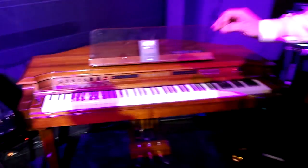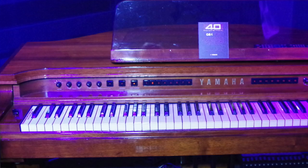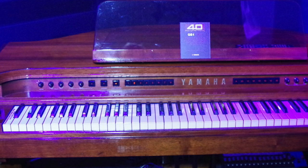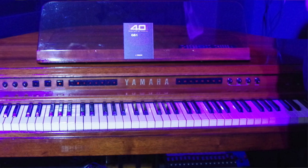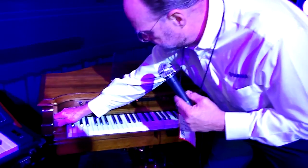Next, we come to the digital synthesizer section. The first representation of the digital synthesizer is the GS1 from 1981, the first FM instrument commercially available. It was an 8-operator configuration, 4 pairs of modulator and carrier operators. It also has polyphonic aftertouch and a magnetic card reader with these little magnetic strips that put the voices in it. One of my favorite sounds on this thing,